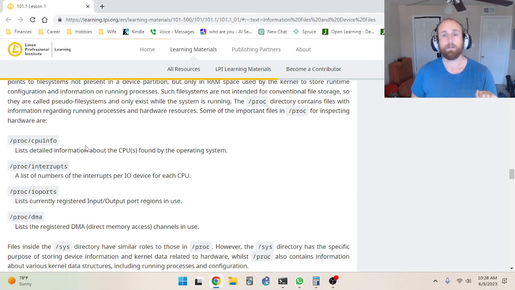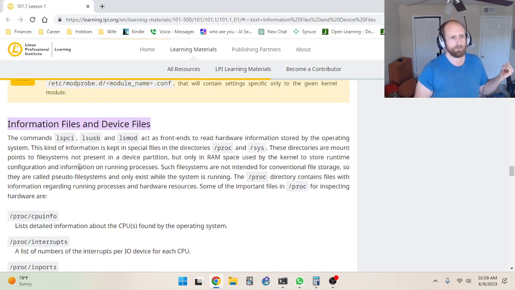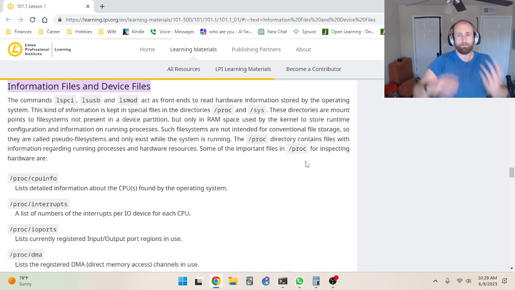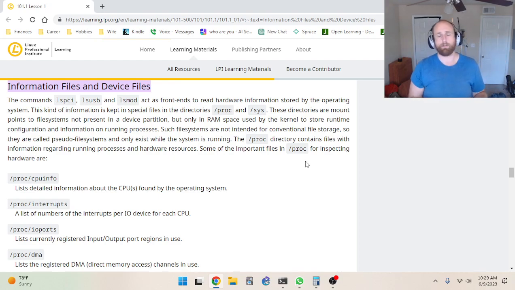The next important file for inspecting hardware is... and I'm confused by this language, for inspecting hardware. Well, I guess it makes sense because the hardware is going to load information about itself into that volatile memory, the RAM, and then you use that information to inspect it. So the real time running, what is a word that they used here? Running processes, runtime. That's a big word. So these are running pieces of hardware that load information about themselves into